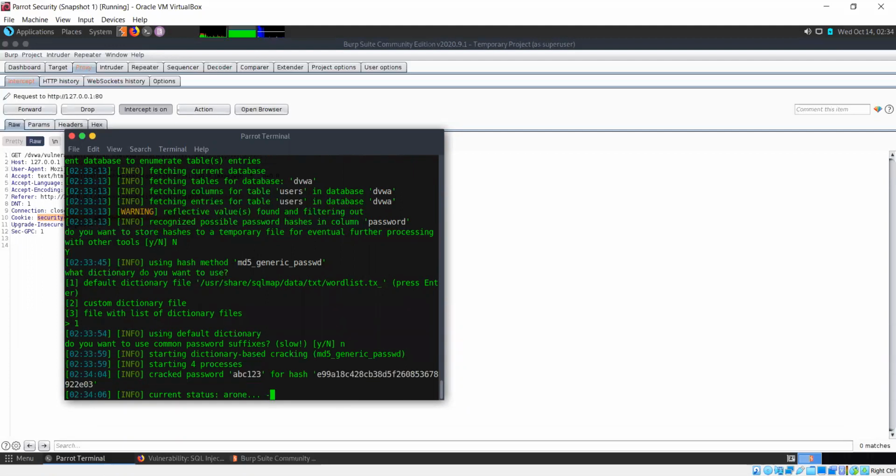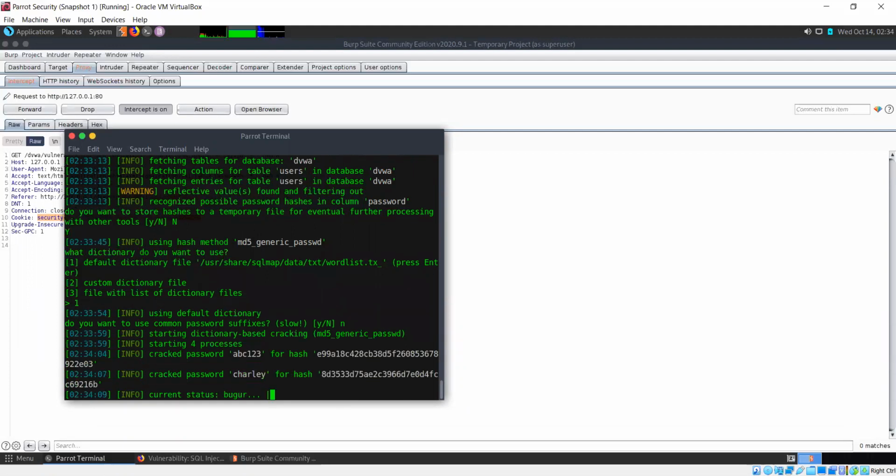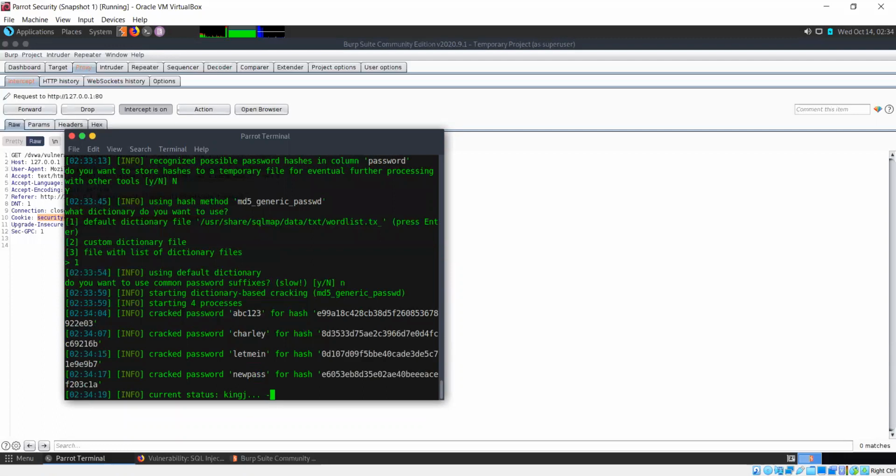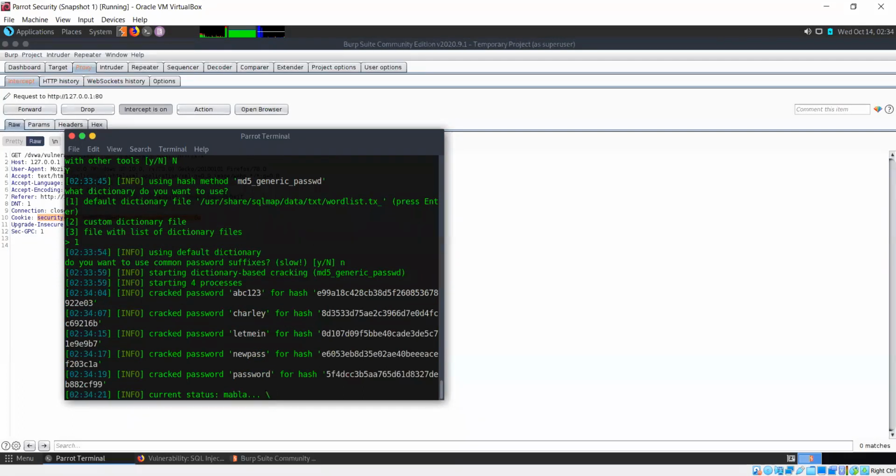So it has already cracked one password, so it can also do this functionality. It can do a dictionary based attack for you. So 3 passwords, 4 passwords it has cracked, and 5. Okay, 5 passwords have been cracked now. I don't know why it's still working. Okay, there's just one left.